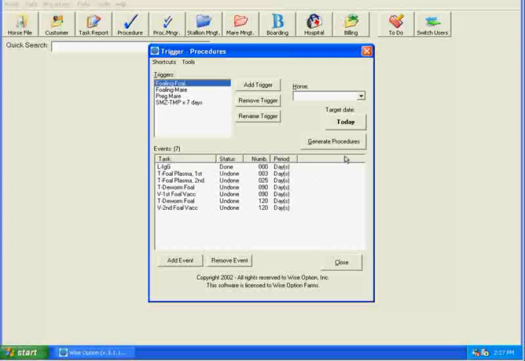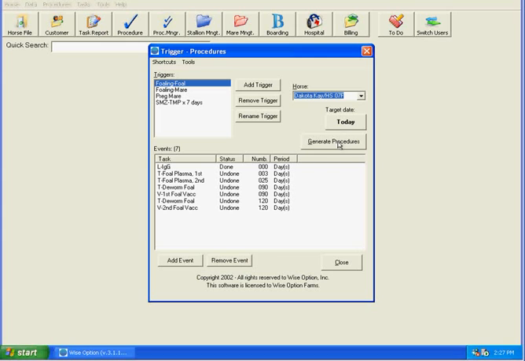And the way these are done is you would simply choose the horse you would like to apply this to. I'm going to pick this foal right here. Select the date, which my target date happens to be his birthday, so I can select the day he was born. And then I would simply hit Generate Procedures, and all 7 of these procedures would then be added to